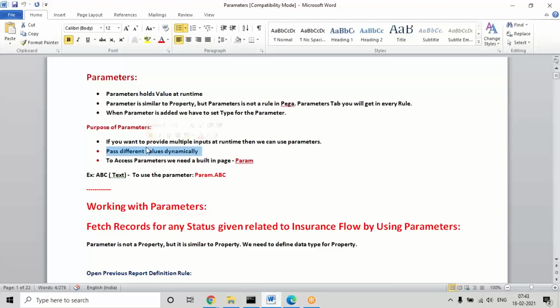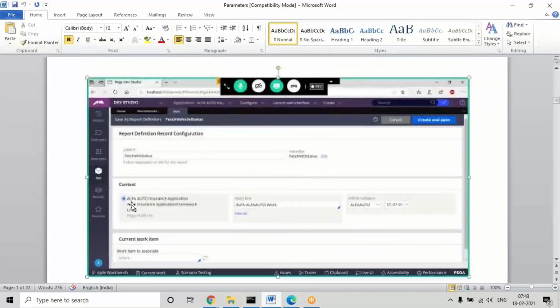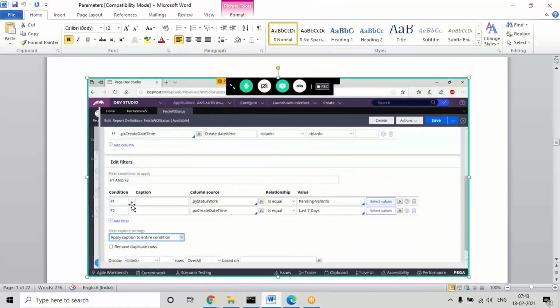More than one value we can choose, or any single value we can select. There are multiple scopes: either we can select a single value or more than one value. So that is about the parameter conditions.